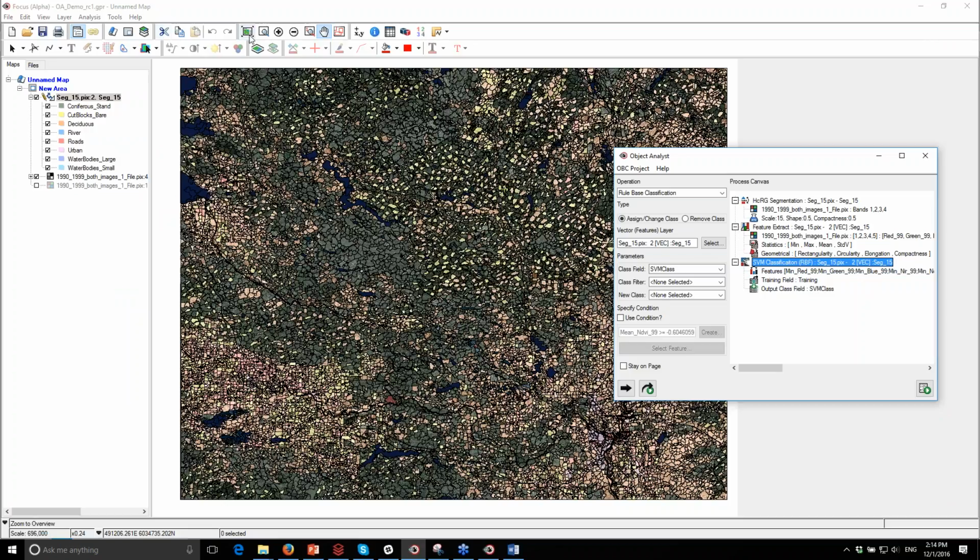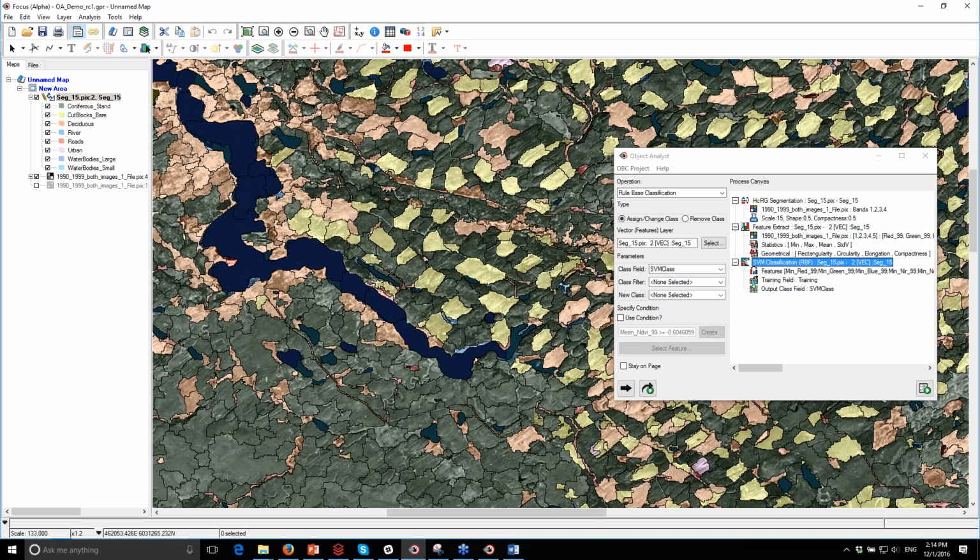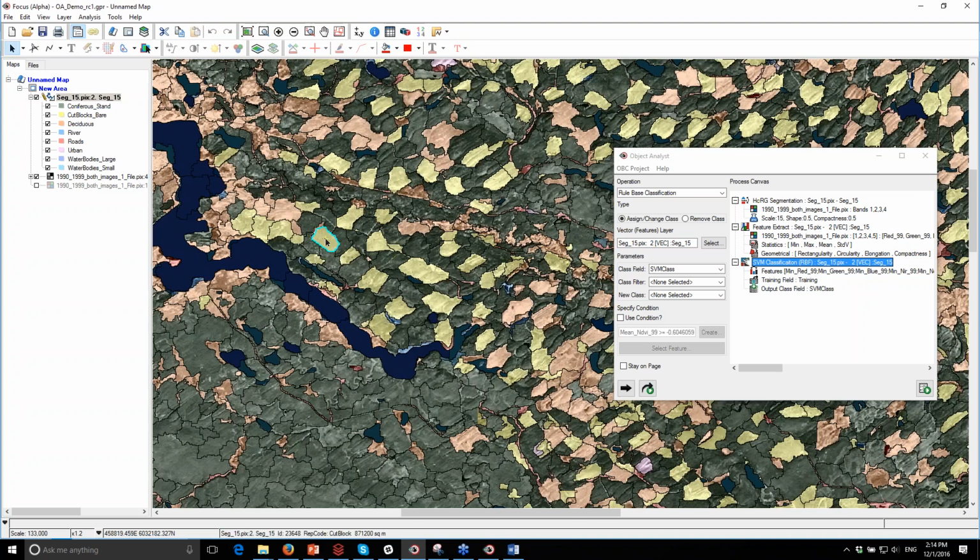And you can see that what I've done is I've essentially done a segmentation on the data. And so these specific areas represent the exact delineation or the exact extent of the cut blocks. And that's just through the segmentation without having done any classification whatsoever. Added to that, we created, in this case, some training polygons, and then we ran a SVM classification, and we were able to classify water bodies and cut blocks and coniferous and deciduous forest, and you can see the results